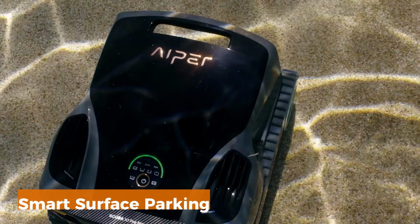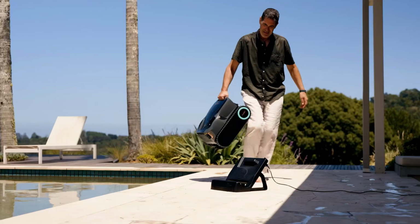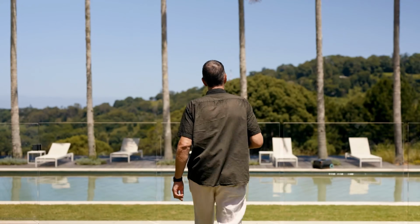levels. The smart surface parking system allows the robot to surface and park near the edge, making it easy to lift without diving in. Users can manage cleaning modes, track logs, and perform OTA updates via the Hyper app for